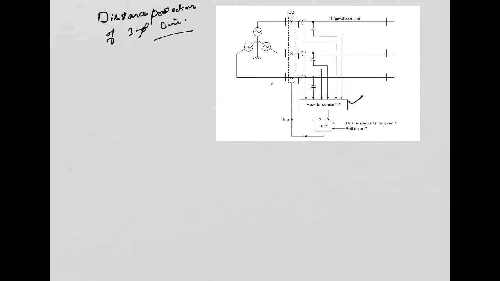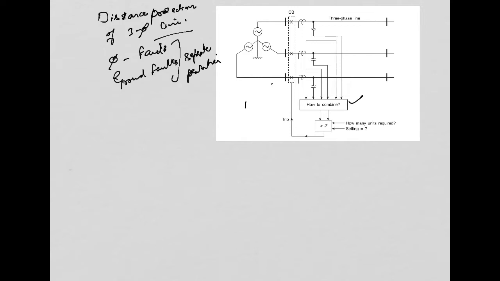So that we can get the protection scheme for that. Now, if you see the diagram, it is observed that we have to provide separate protection for the phase faults as well as the ground faults. Separate protection needs to be provided for the phase faults and for the ground faults.